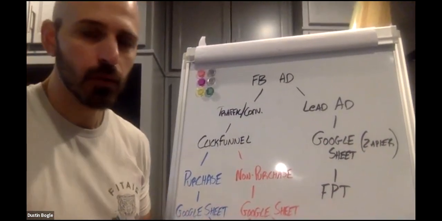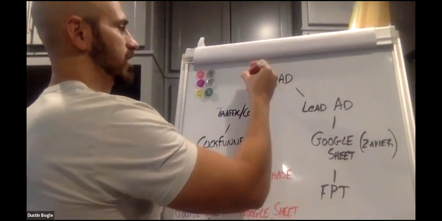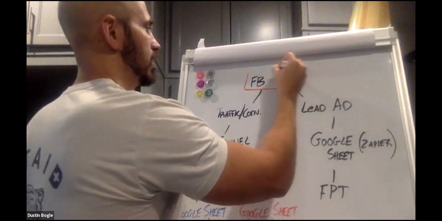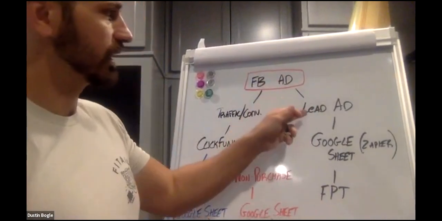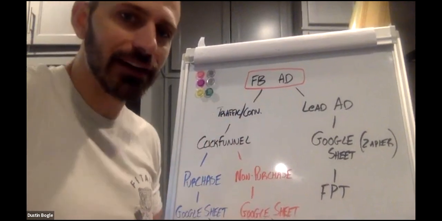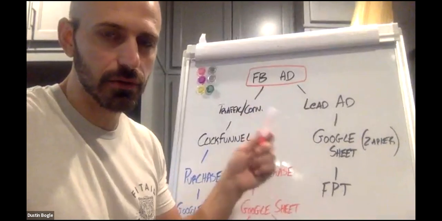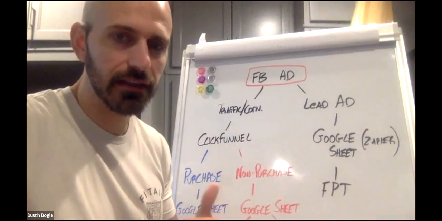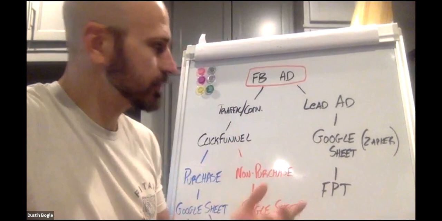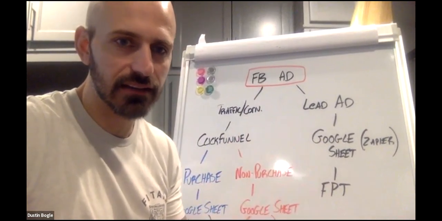So what we want to do is run 2 different types of ads. Okay, so this is Facebook ads up at the top, and then we have lead ads and traffic and conversion ads. Honestly, for you guys beginners with Facebook ads, lead ads are the best to do to get started. They're user friendly. You don't have to set up a lot of steps. As you see here, it's literally 3 steps, and a lead ad is up and running.